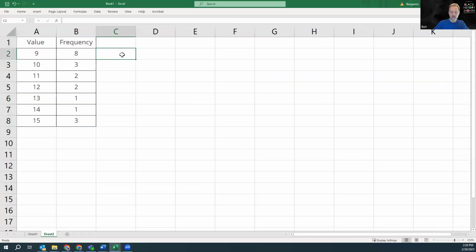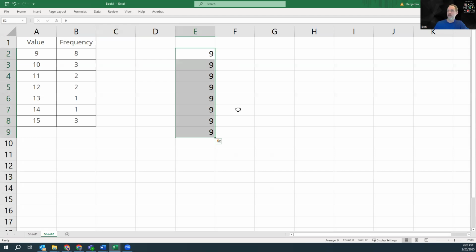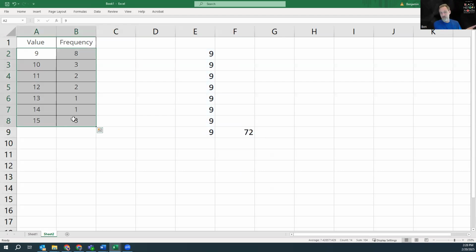Okay. So what we did in class was we recognized that what this really means is I've got 9 eight times. If I counted that right, this is 8 times. And when I do the mean, I'm adding those up. So I could do the sum of all those 9s, and this would be a very long way to do it, and just write out what this table means back in terms of the raw data. So we're going from organized to raw, which should seem a little weird. But notice that 8 9s is also just 8 times 9. That's what's happening here. And so this leads to a more direct way to solve the problem that doesn't involve